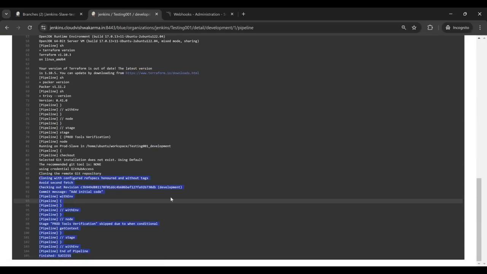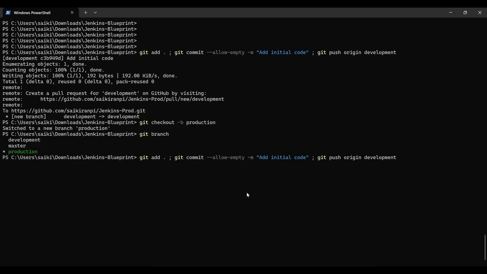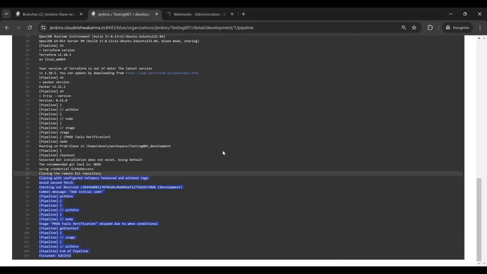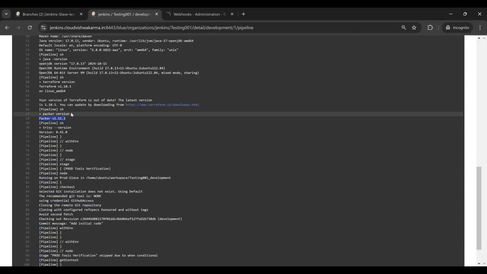Success, end of pipeline. Now I'll do the same thing. Just come back here and I will create one branch called production. Enter. It switched to the production now. Git branch. Hello, empty commit. git push origin production. Let's come back to the jobs here first and we'll see the versions, Packer version and Terraform version and